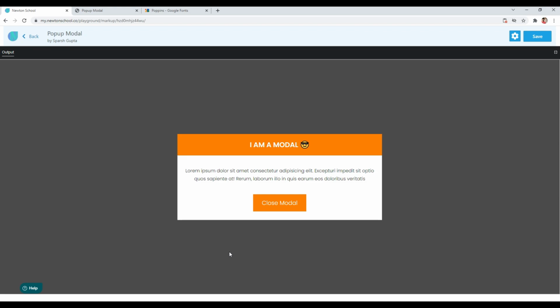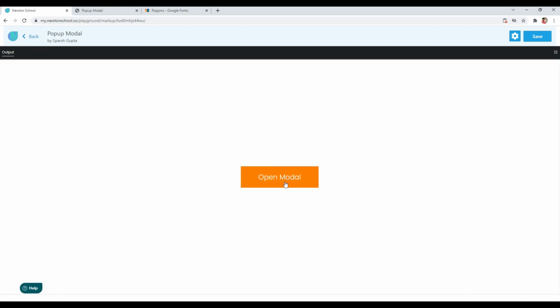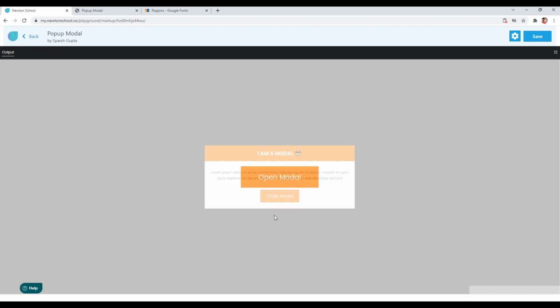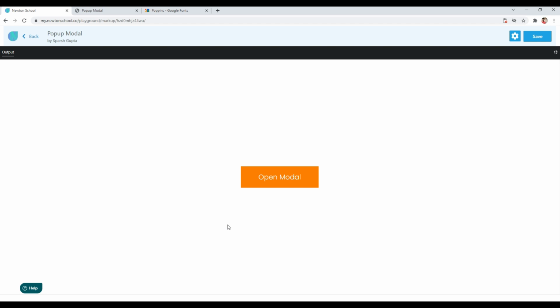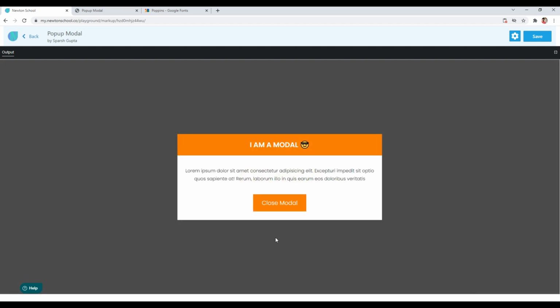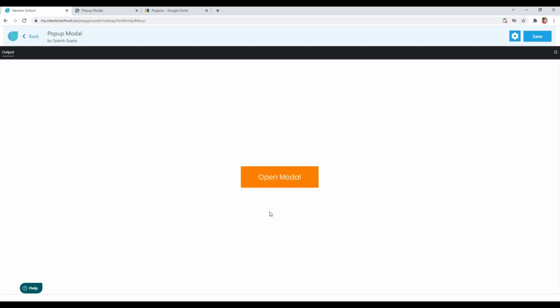Look how easily we created this awesome pop-up modal using HTML, CSS and JavaScript. I will provide the source code link in the description so that you can go and play around with the code and try to add some animation on your own. I included a scaling animation. You can try to add a rotating animation or fade in animation or anything like that. It will help you understand better.